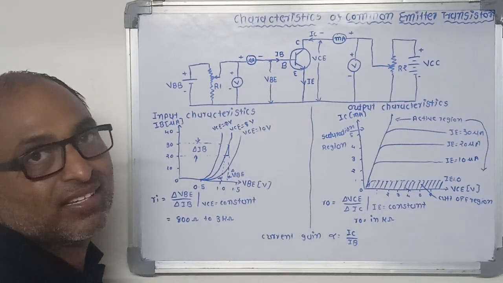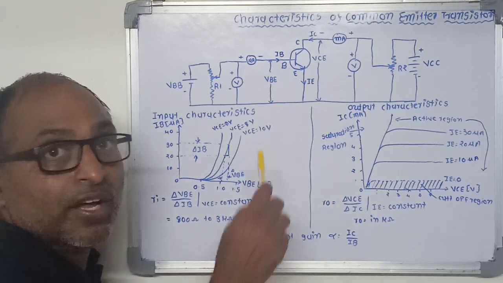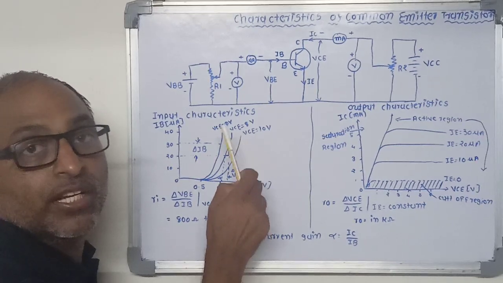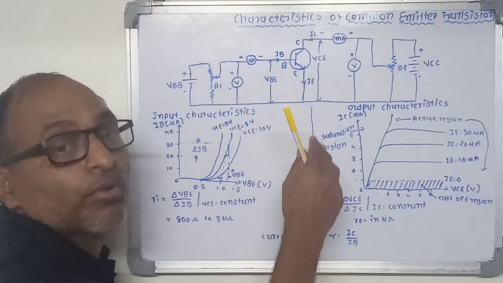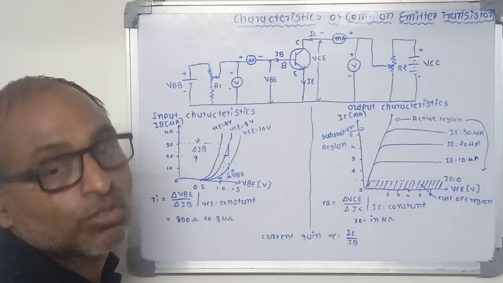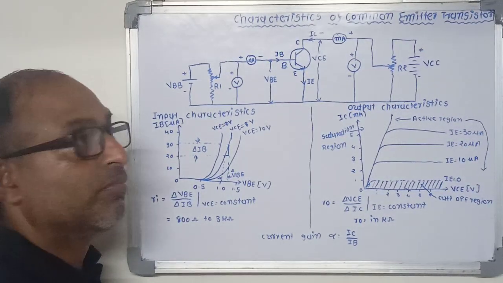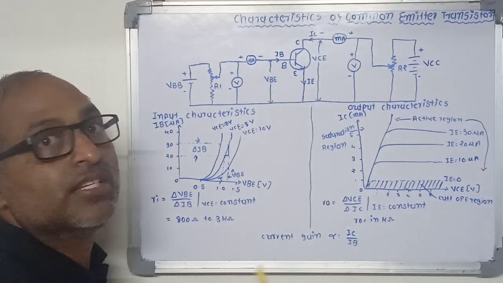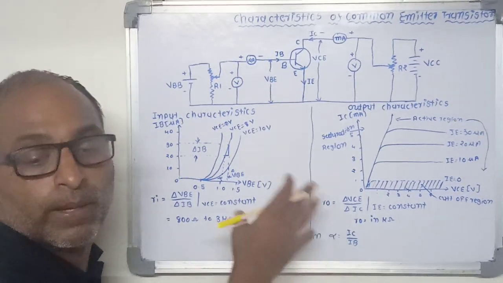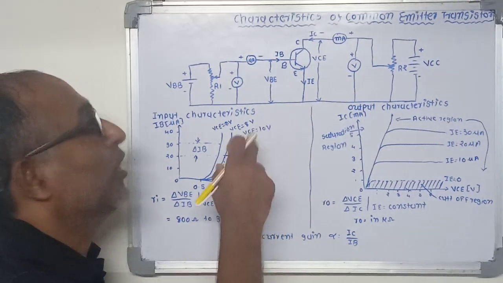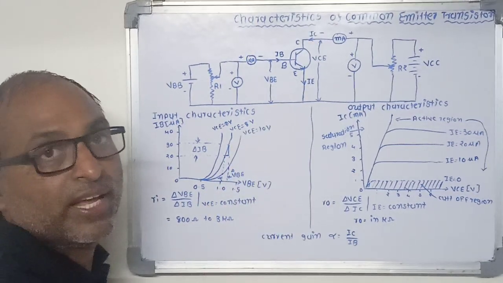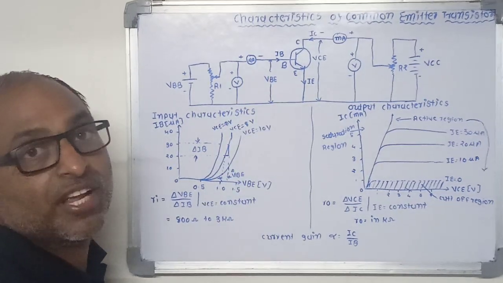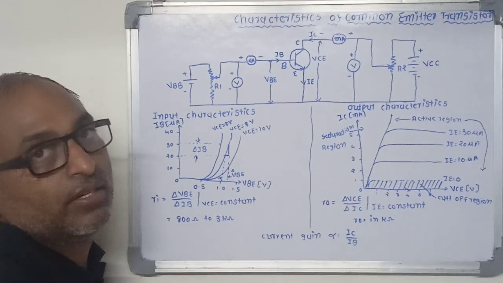So from these characteristics we can say that for a higher value of output voltage VCE, it is most important, the curve is shifted to the right side. Another thing: a higher value of the output voltage VCE increases the cutoff value of the 0.7 volt. So therefore, to overcome these problems, more VBE input is required than in the previous case.